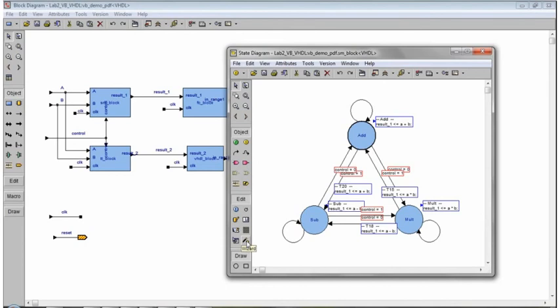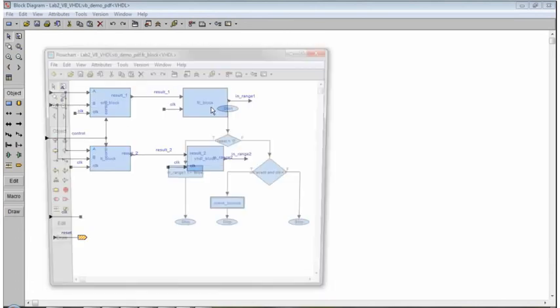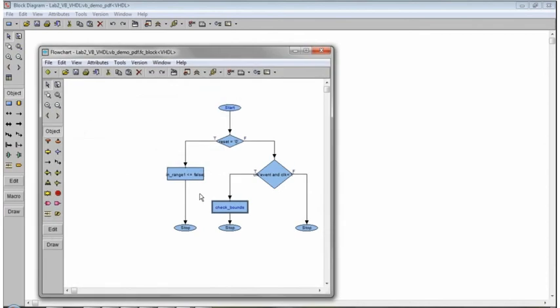Based on this the automatic state machines can also be generated and used in our design.